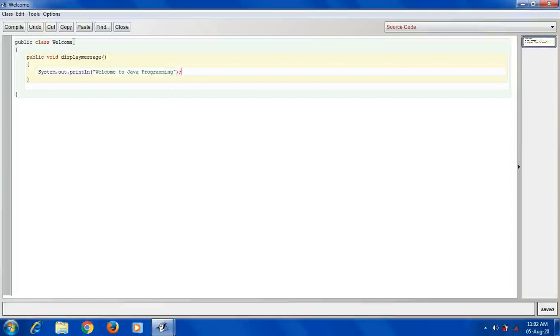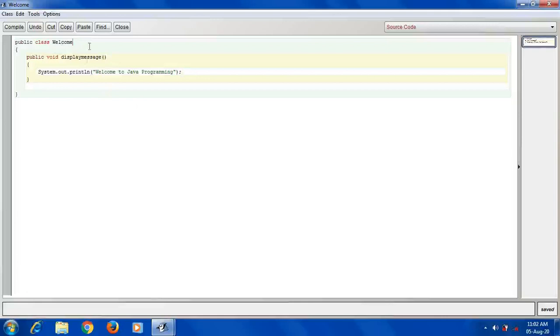Then you might be thinking why there is no semicolon here, why there is no semicolon here. Understood? Because see, the semicolon is given here because here I am going to end this sentence system.out.println, but the semicolon is not given here.